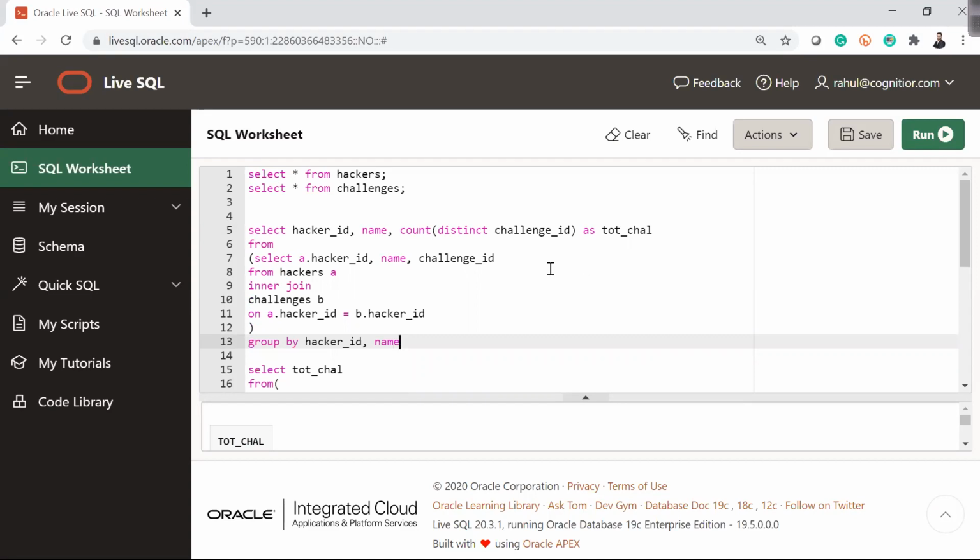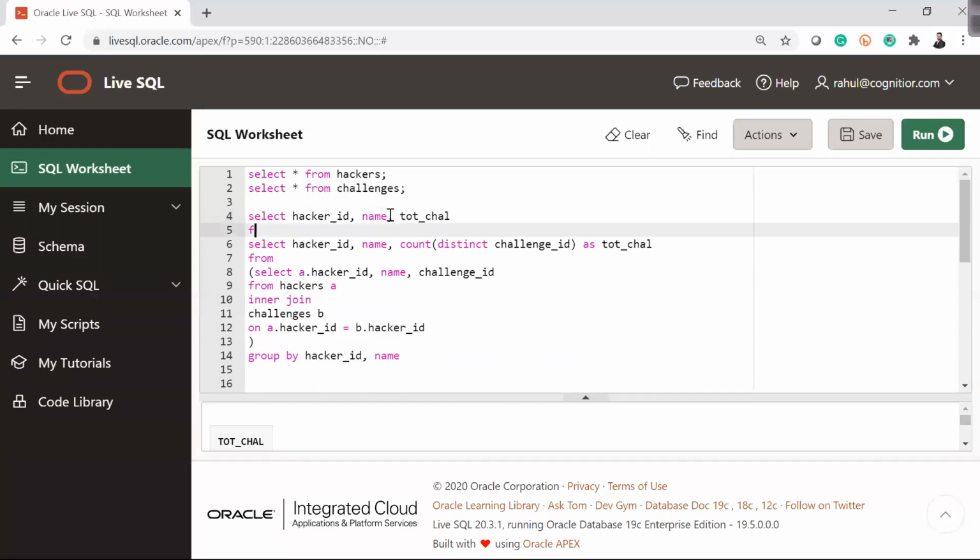So select hacker ID, and again the same story from this group by name. On top of this, I will write one more. You can see this is unnecessary, I'm calling the same thing multiple times, one thing I'm calling 3 times. This is a very bad way of writing a query. Hacker ID, name, total chal from, and after from, this is one entire table.